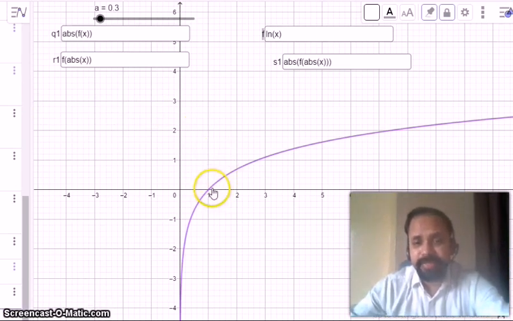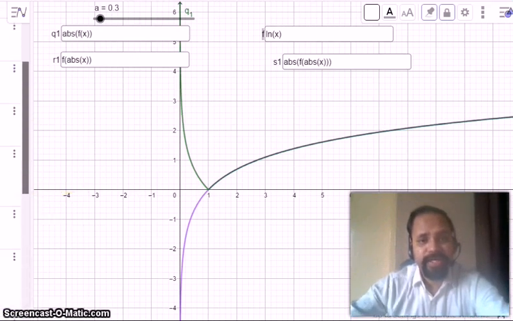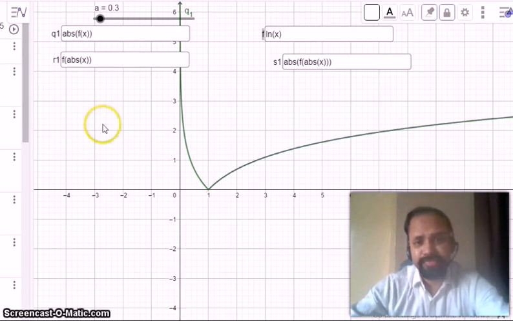Leave the positive part, that means the part of the graph that is above the x axis, and the part that is below the x axis, take the mirror image of that graph. That means if we consider it, it will be like this. So the graph of the absolute function of log x will be this one. This is the graph of the absolute function of f x. That means if we have considered y equals log x, then this is the graph of mod of log x.